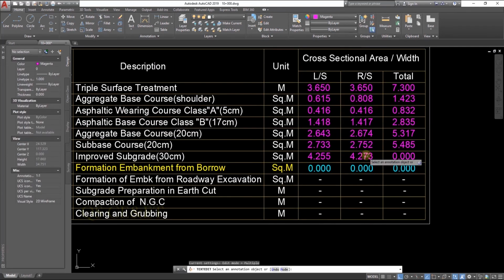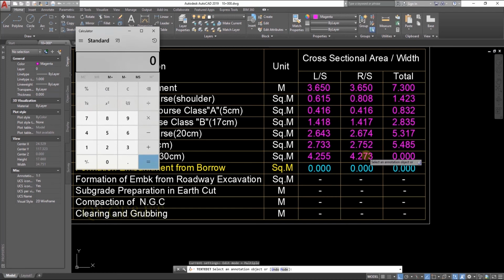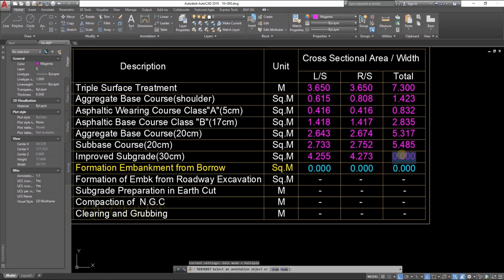So 4.255 plus 4.273 is 8.528 square meter. Improved subgrade of 30 centimeter thickness.